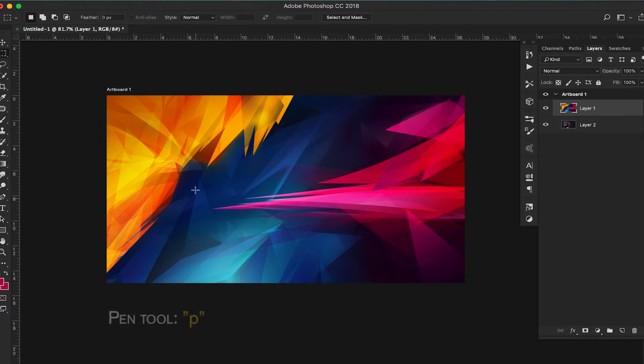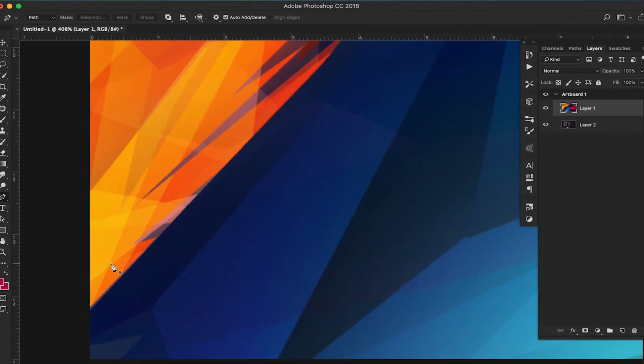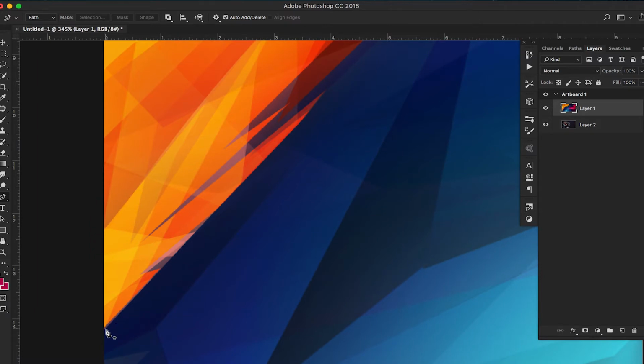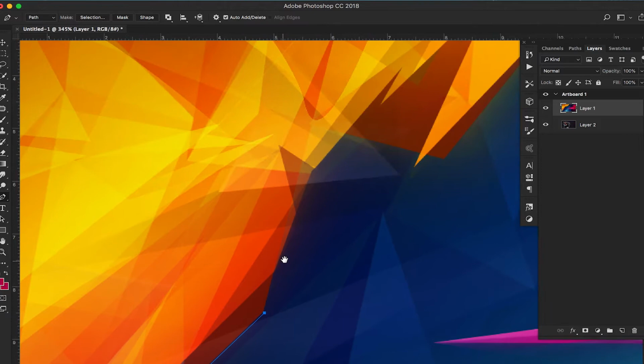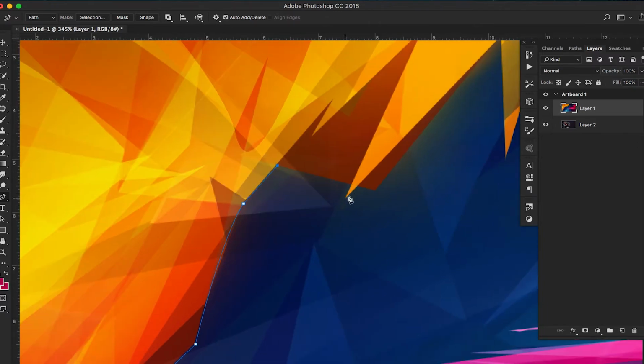Another one is using the pen tool. Obviously you can select with your pen tool. If you click P, that's your pen tool. Zoom right in, and this one's more accurate because you can get in there and paint in your mask as best as you can. You can always edit it. So I'm clicking and selecting all the stuff that I want in my mask. We got a little bend here, something like this, and then I'm holding Option to break the handles, and I'll keep clicking, keep selecting,